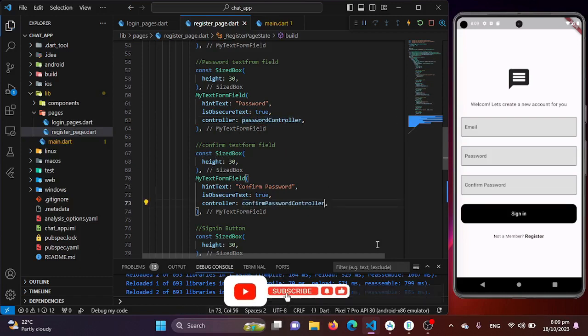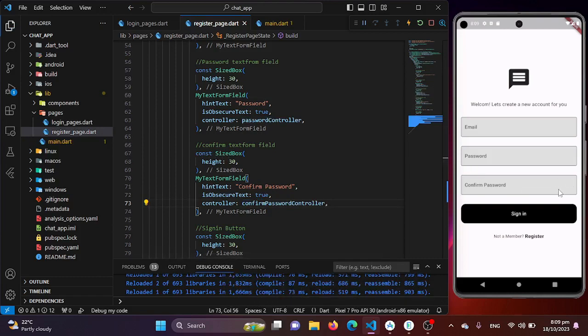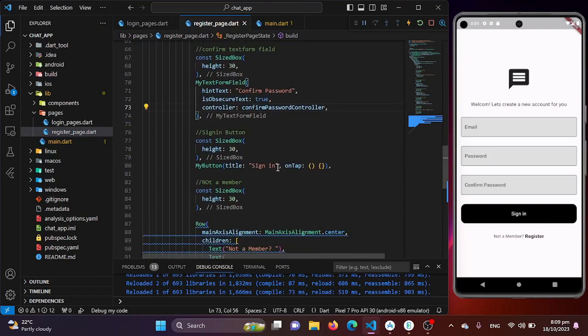I'll be pasting this here basically. Now you see the third text form field has been created. So we are done creating a new text form field for our registration page, and now we will change the button text and this text. So we will be changing the button text to register,